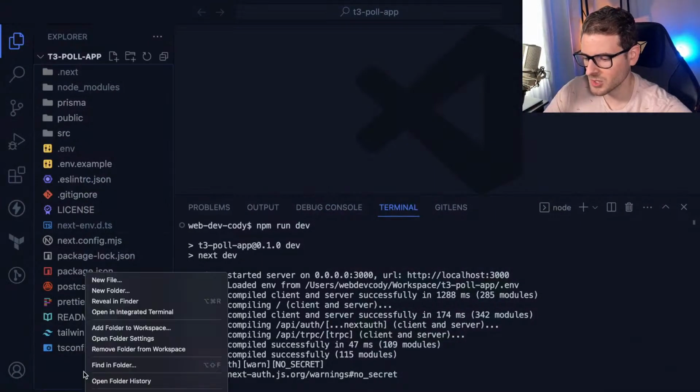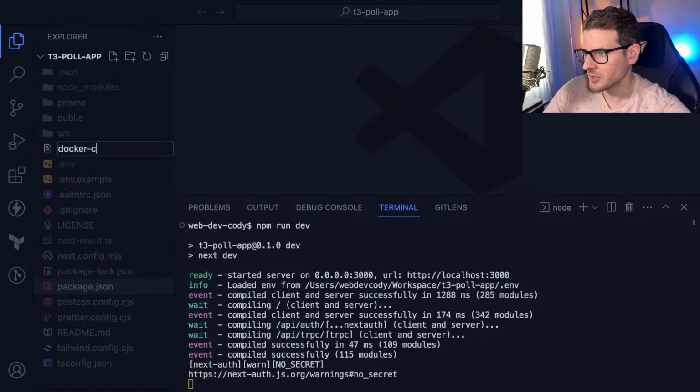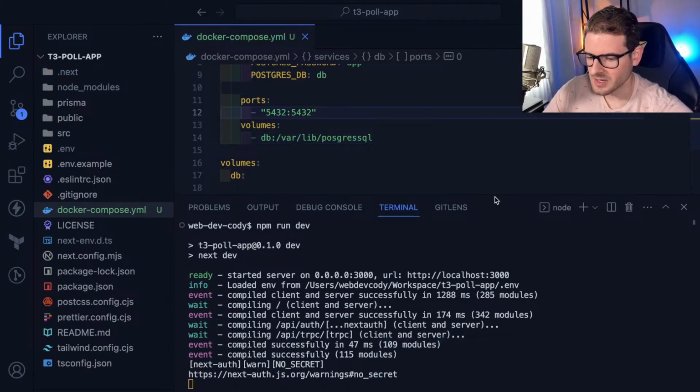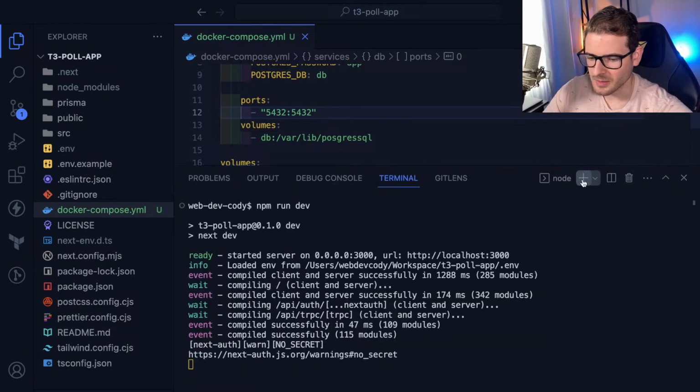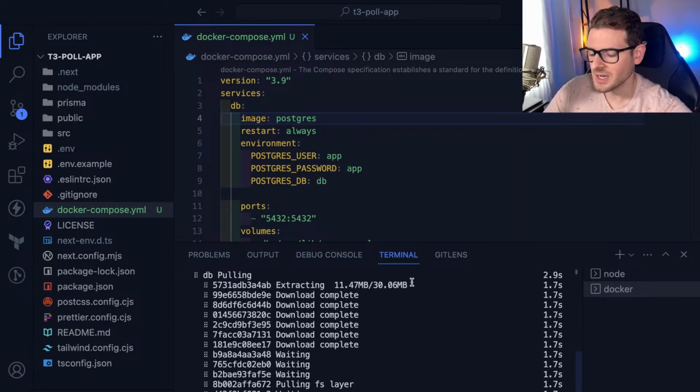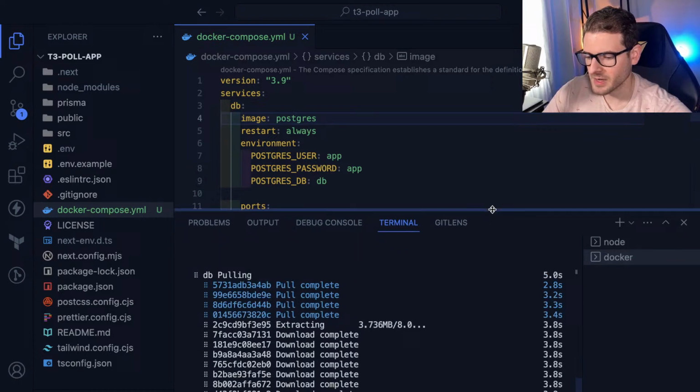I'm gonna go ahead and make a new Docker compose file, docker-compose.yaml, and paste that in there. The reason I'm doing this is so I can actually run Postgres locally and not have to worry about any other additional setup. So I'm going to say docker compose up. That should pull the Postgres image and get my Postgres server running. And while that's running,